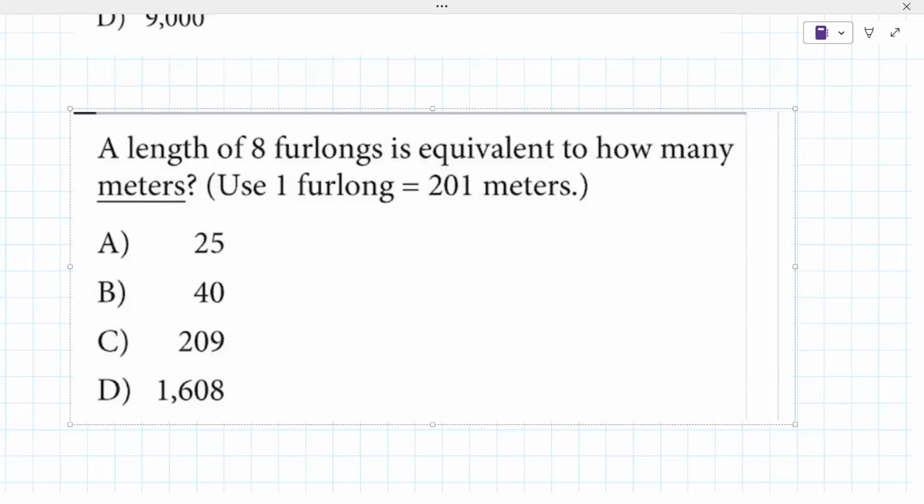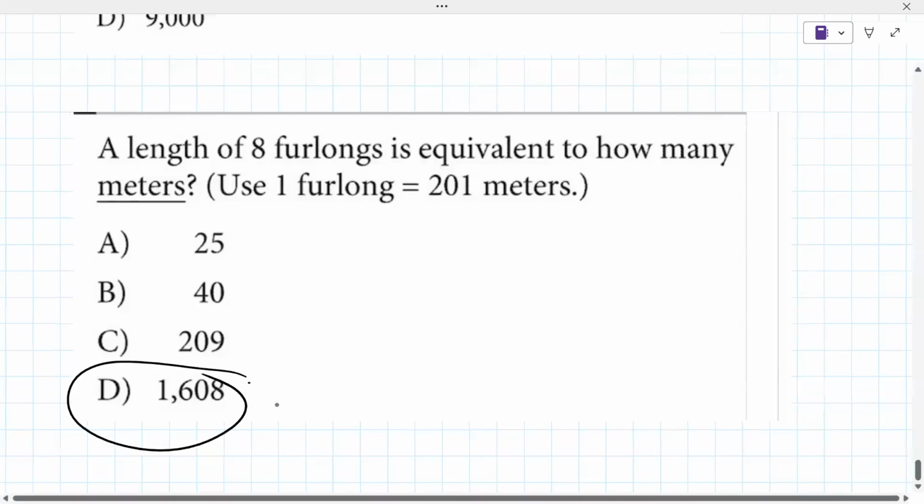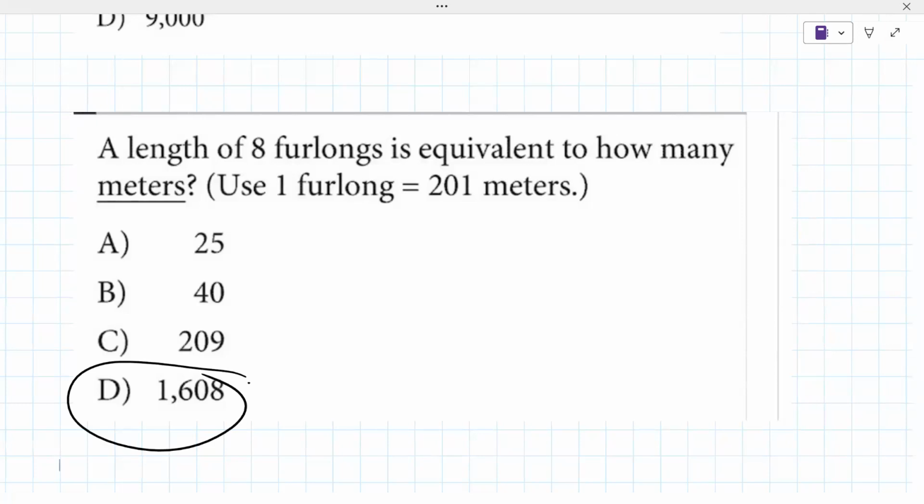It is D. Good. So this is just kind of a start, to get the feel for what you might see. There's way more to do, but